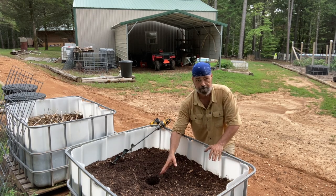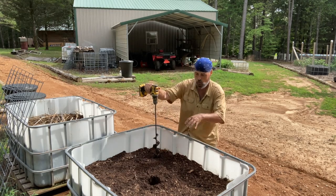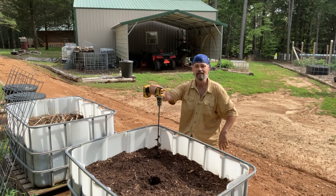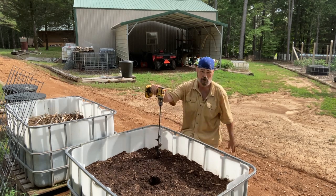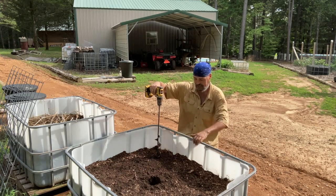There's no air pump here. There's no PVC. There's no special anything. If you're worried about this aeration business, there you go. You just created a big, massive pinhole like I talked about in the video previously for your compost pile. Right dead center. If that's not enough for you,